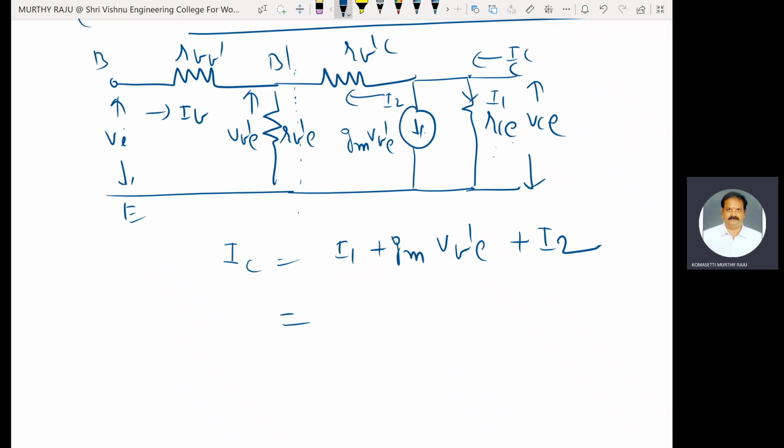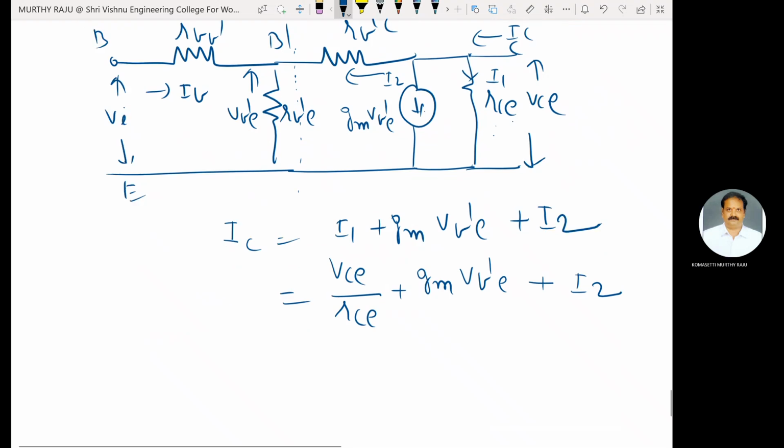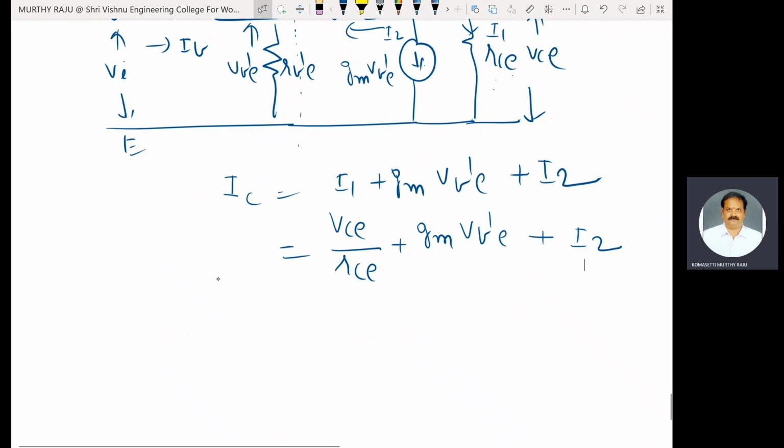But I1 is equal to VCE by RCE. So GM into VB'E plus I2. Therefore, IC is equal to VCE by RCE plus GM into